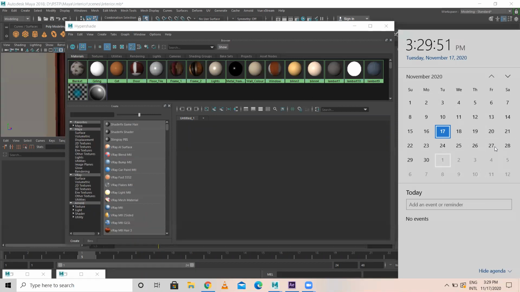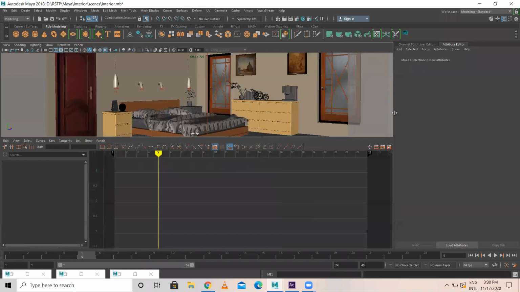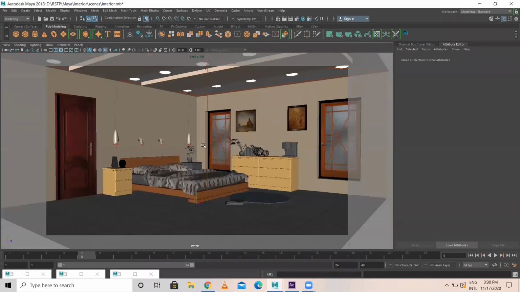I think in the first week of December you can complete this SEM 3 exam, and after that, from the second week we can start SEM 4 classes. In SEM 4 you'll again be working in Maya only. I'll be showing you advanced classes in Maya. You will learn modeling, texturing, lighting, everything again, but all those things are advanced.